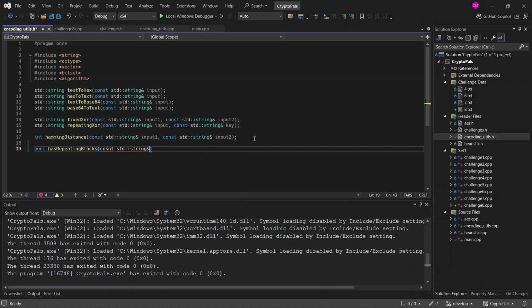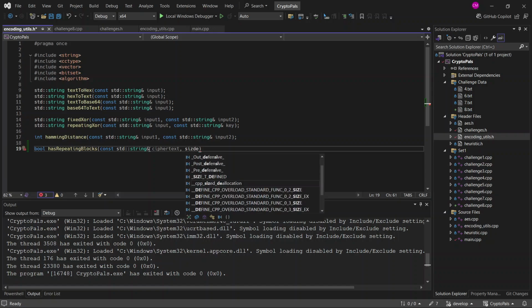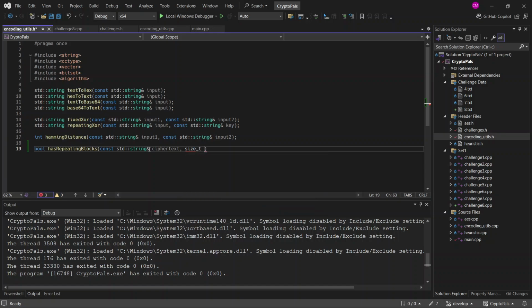and I'm going to call it, let me spell this correctly over here, ciphertext. And then we're going to have a key size. This will become useful later. So, key size. Perfect. Okay. So what we'll do is we will take key size blocks, store them in a set, and